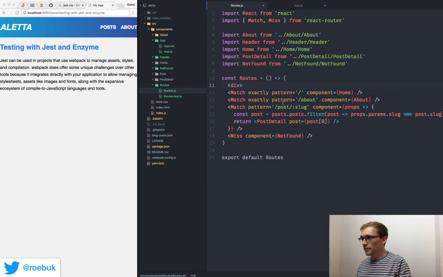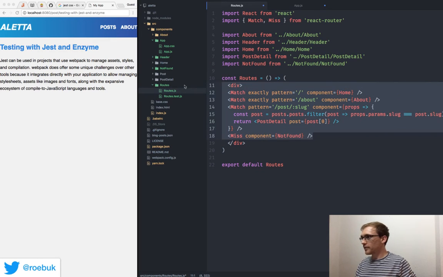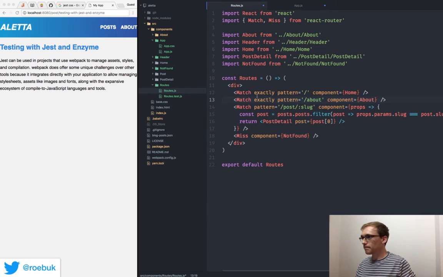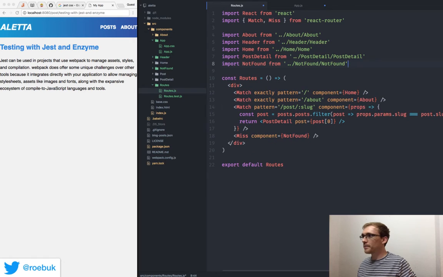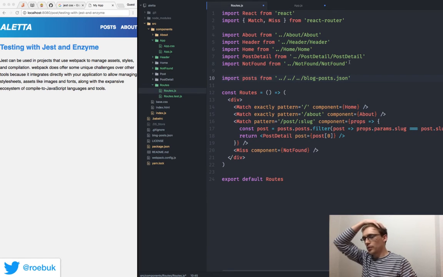I'm going to have to wrap them in one parent element for React to be happy. And we're going to have to import our posts because that's how we filter everything down. So we can take that out of there, import this here,